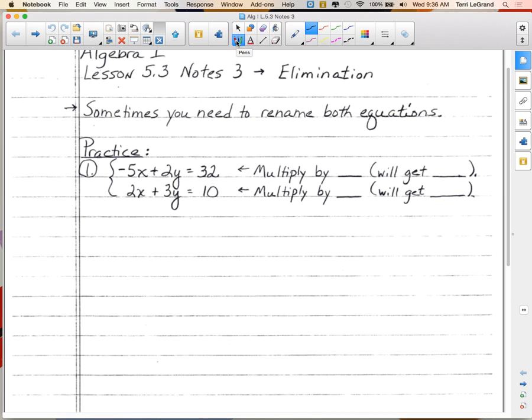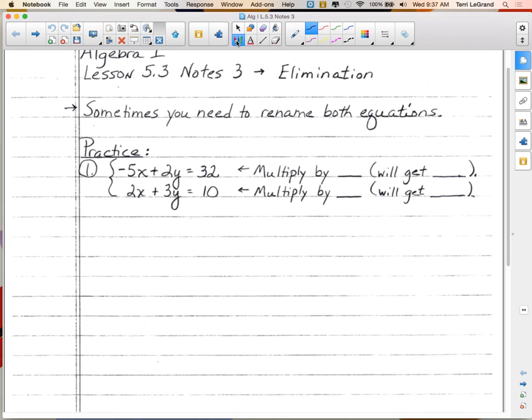So as stated, we are going to be able to still use the elimination process, especially when the equations are in standard form. This is when the elimination method is the most efficient. But sometimes we don't already have opposite x terms or y terms. We can't just get away with renaming one of them to create those opposite x's or y's. Sometimes we have to rename both of them so that when we add them together, the x's or y's will